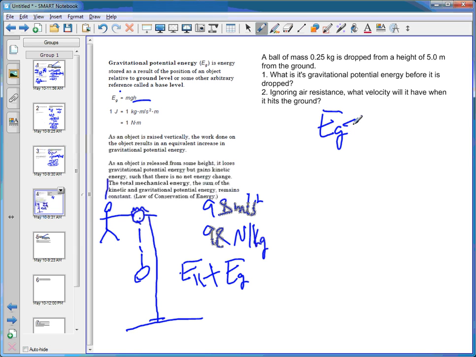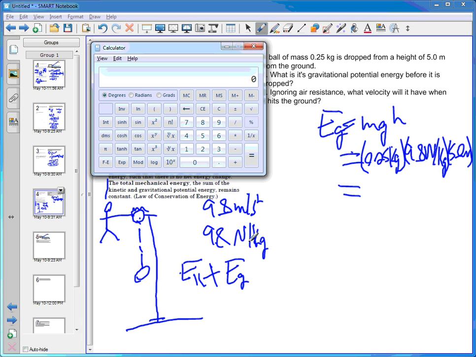Times g, which is 9.8 newtons per kilogram, times a height of 5.0 meters. And that equals 0.25 times 9.8 times 5 equals